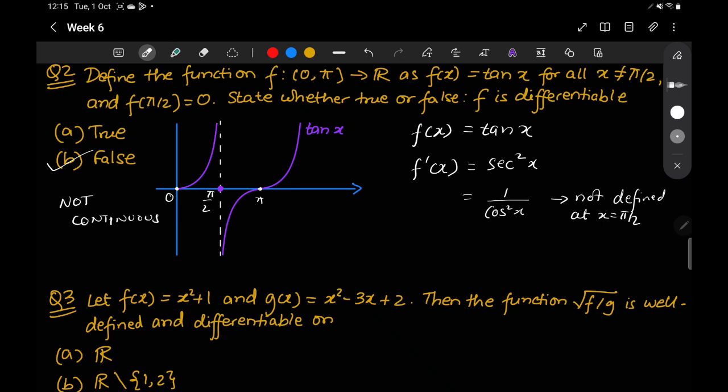And the other way we can actually see is that f prime x, if we look at it, is sec squared x. And now from the trigonometric identities, we know that 1 plus tan squared x is sec squared x. Now at x equals, sorry, not at x equal to 0, at x equals pi by 2, f prime x will be 1 plus